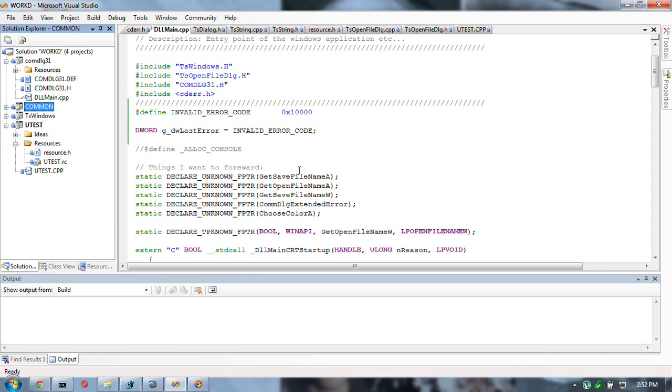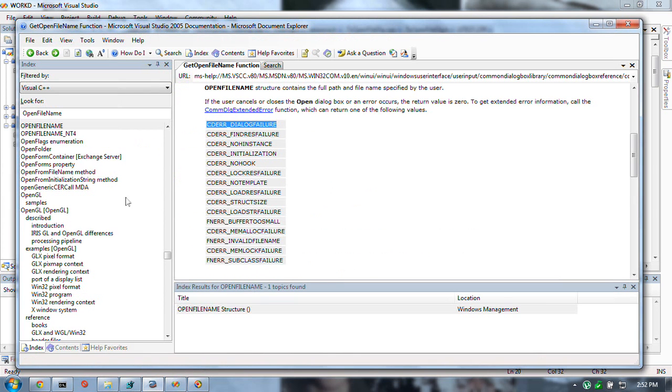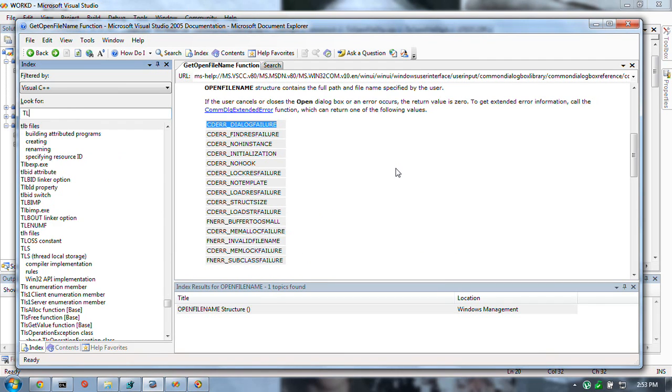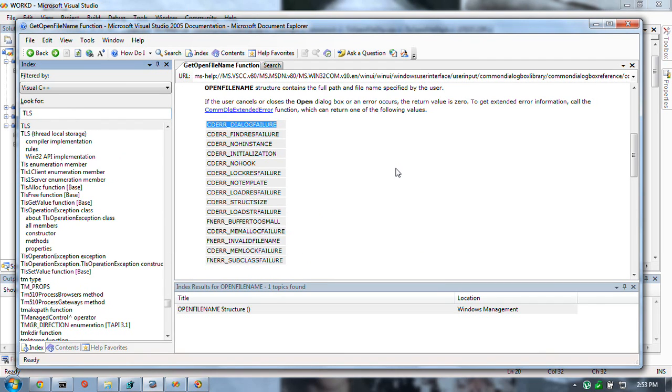And the way you do that is using something called thread local storage, TLS. Okay, thread local storage,